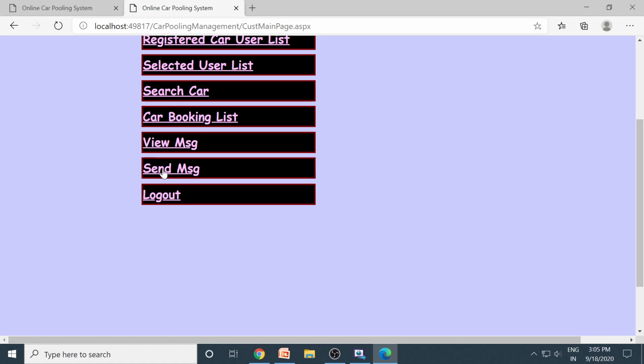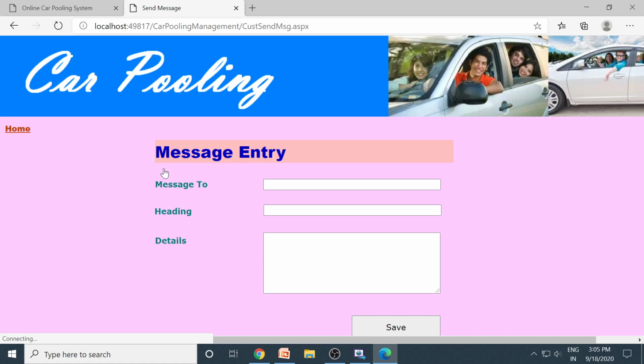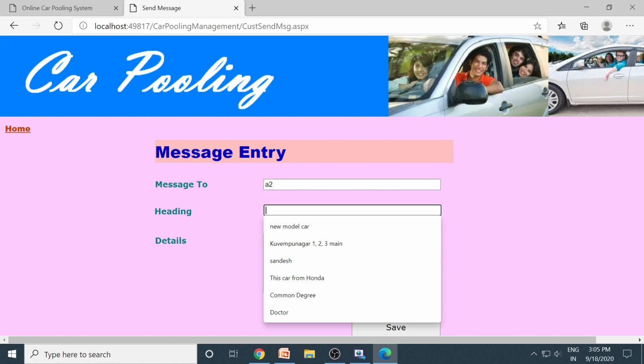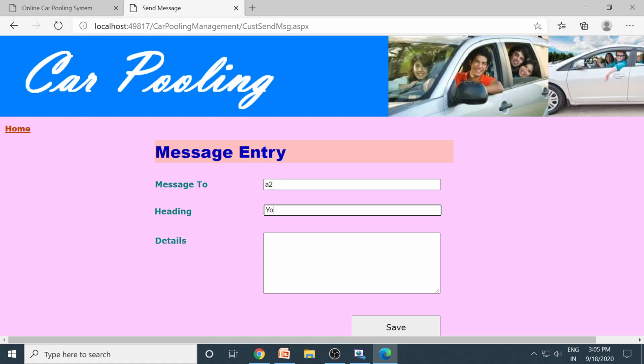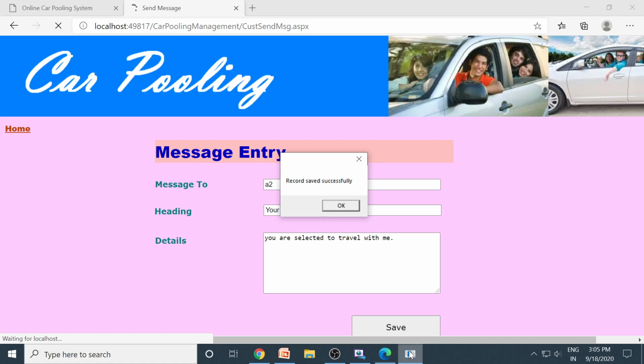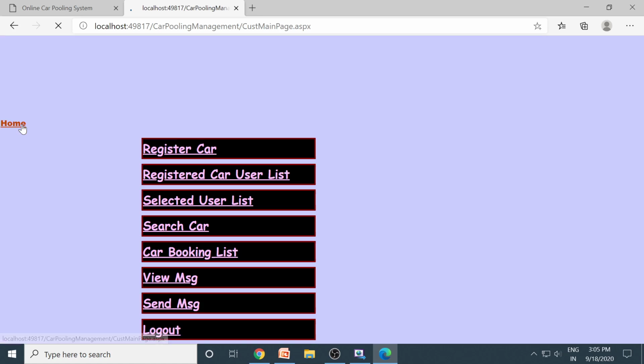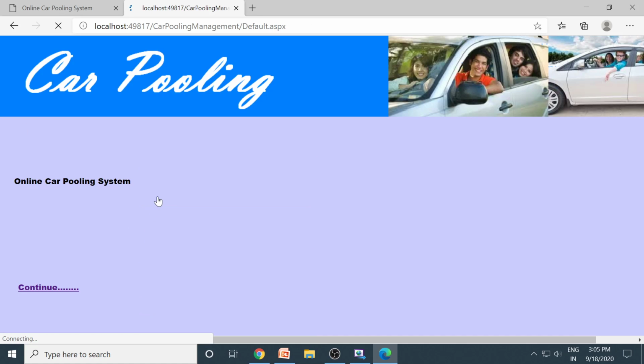Right. So you can also send a message to the user. So this is A2, heading your query to travel. So you are selected to travel with me. Fine. So this message you have to send. Now we log out.